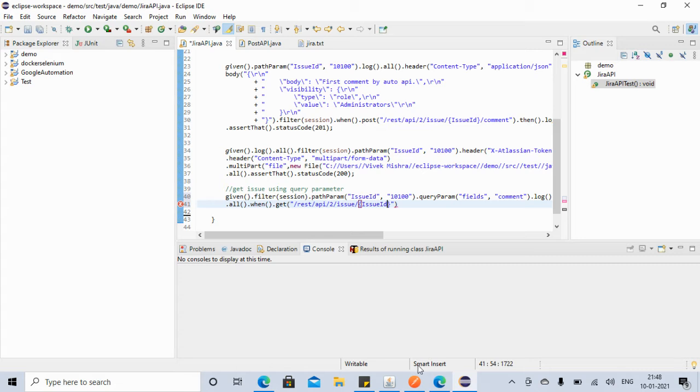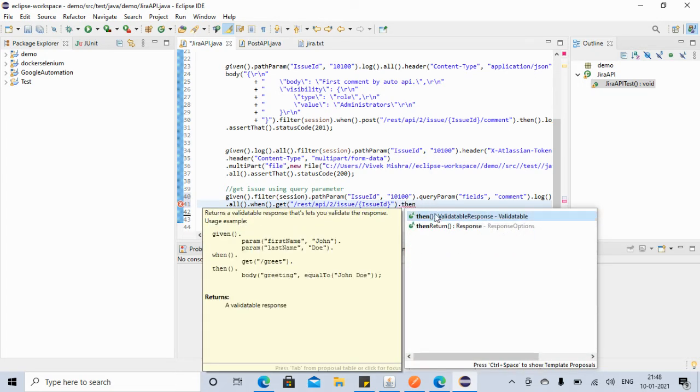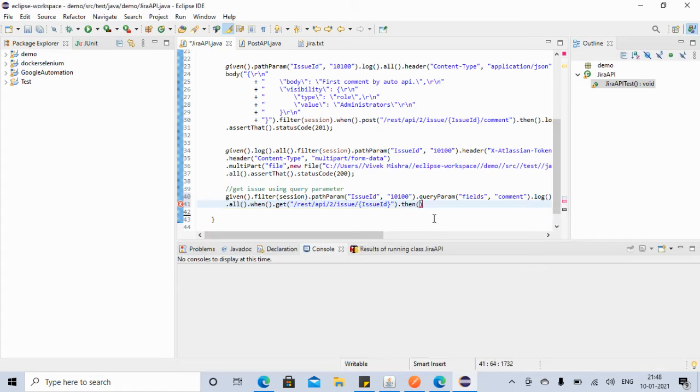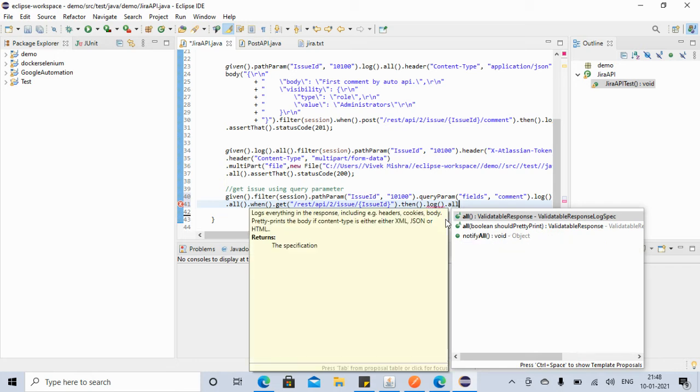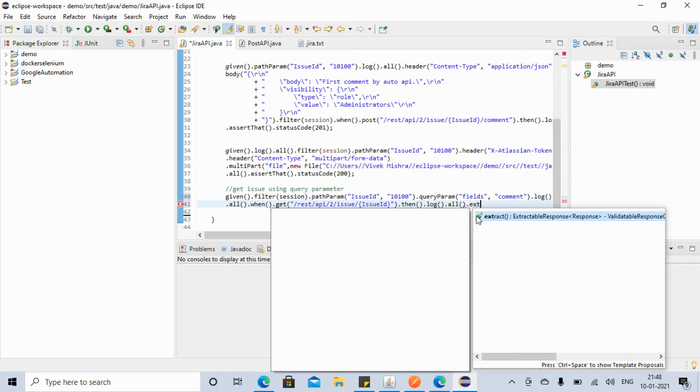I think then it should be fine. Then we can say dot then, and dot log, if you want to log everything again, dot all, and since we want to verify the comment, we can extract it, dot extract,